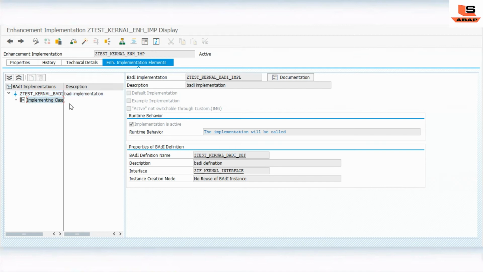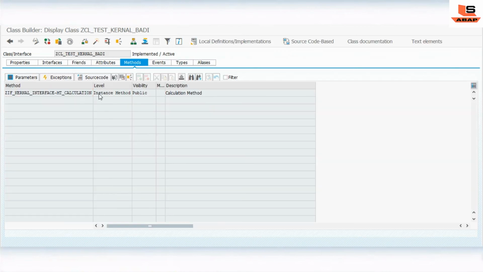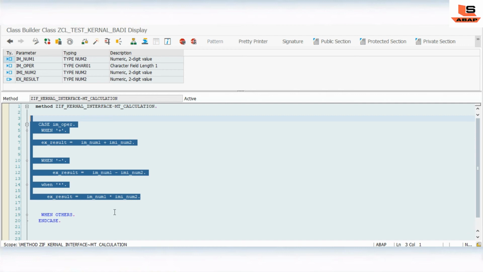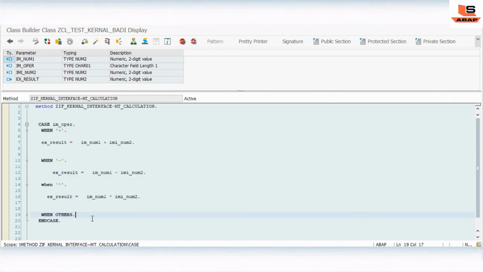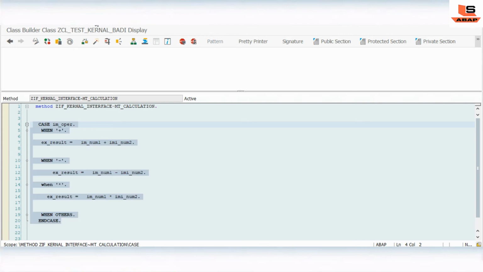Go to this implementing class once again, double click, and inside this method I will copy this calculation logic from here, and we will paste it in.